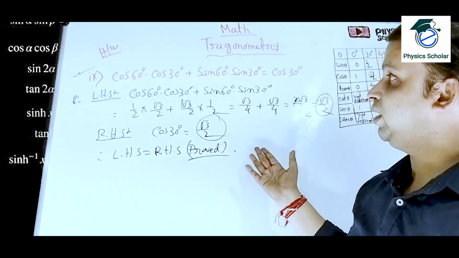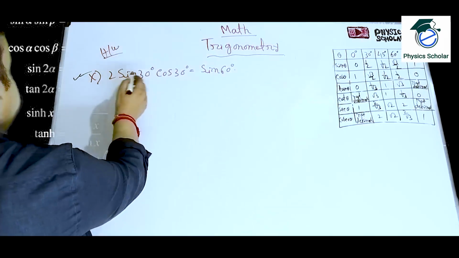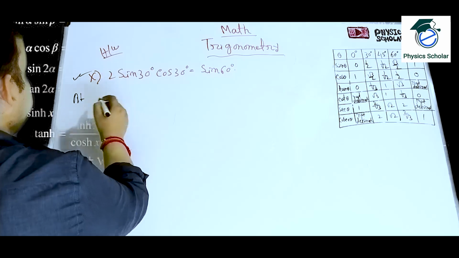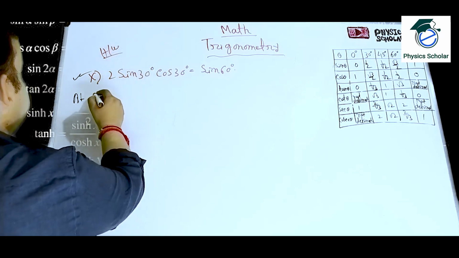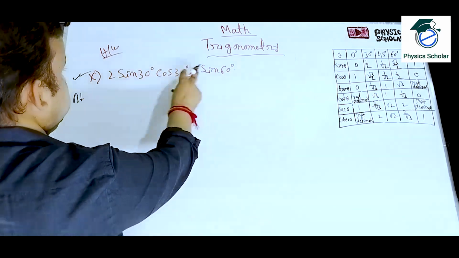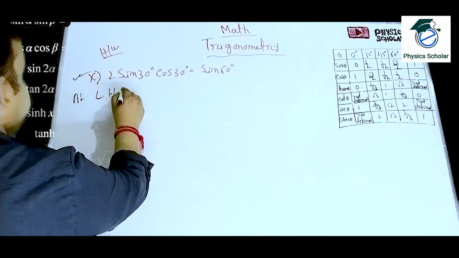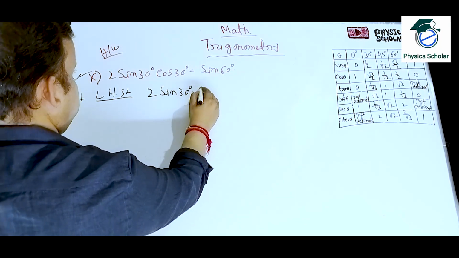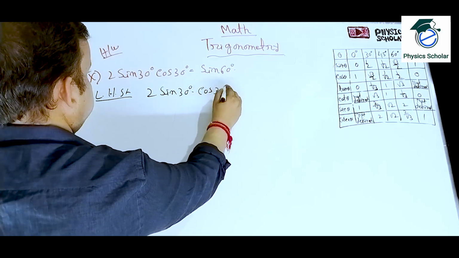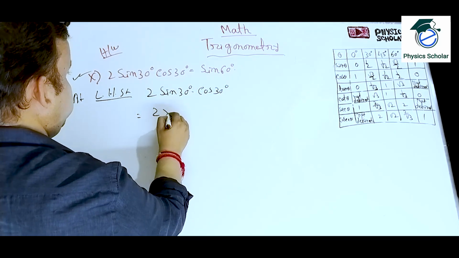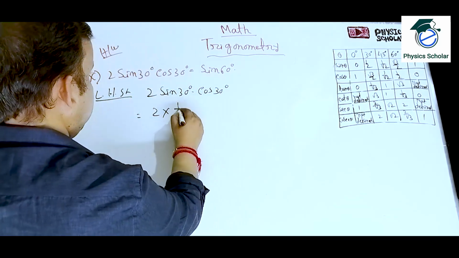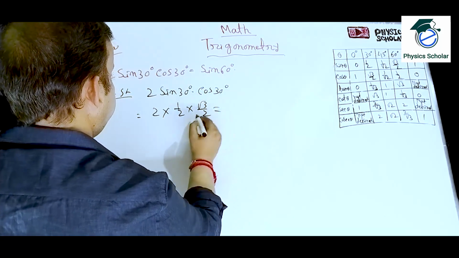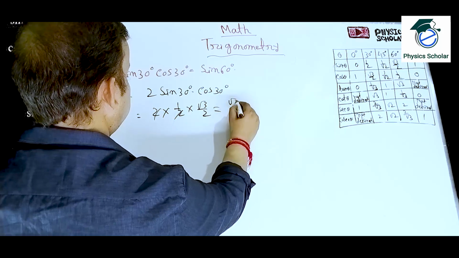Now let us move to the sum number 10. So students, this is the sum number 10. You can check in the previous episode, this was the sum number 10 given as your homework. So here also you have to prove this is equal to this. So now left hand side, what? 2 sin 30 degree into cos 30 degree. Clear? So that means 2 into, what is the value of sin 30? Sin 30 half into cos 30, cos 30 means root 3 by 2. Very easy. So it will be root 3 by 2.